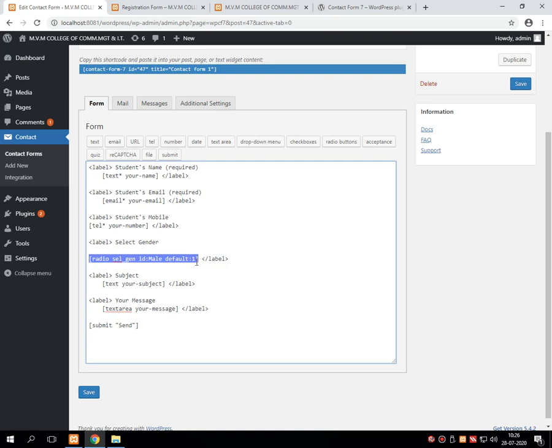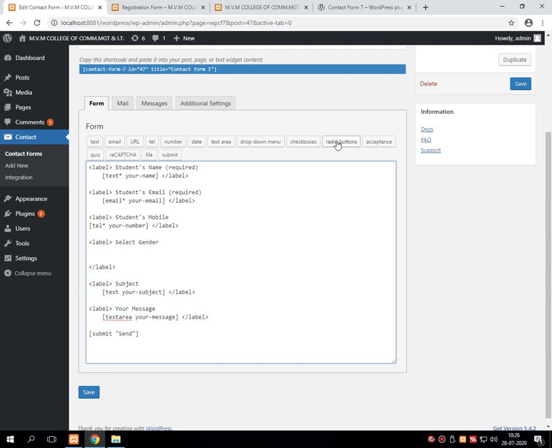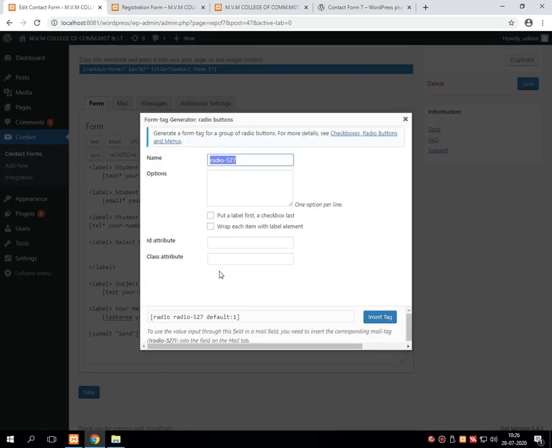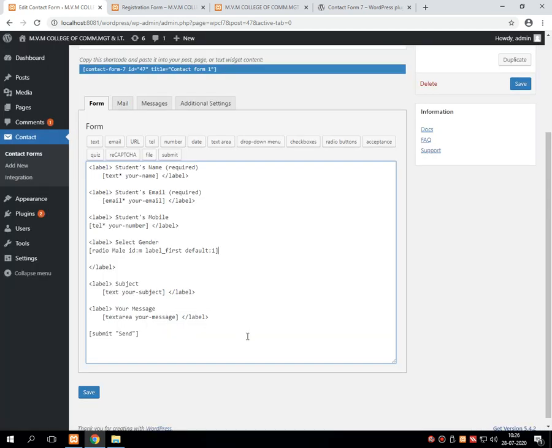Again I am trying to add the same thing, selecting the radio button, giving the name of radio button, that is select, for example gender, or here I am giving male, attribute as M, inserting this tag, saving this tag.